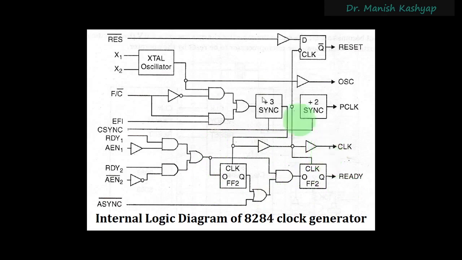So you can already see that whatever frequency you apply to this microprocessor through this crystal oscillator is not directly used. Your peripheral clock will require a divide by 6 counter's frequency. Your clock is at the same frequency which this crystal oscillator has. Ready will have a frequency of divide by 4, and so on and so forth. That is why we do not apply this crystal oscillator directly to your microprocessor. We will be using this 8284 clock generator here, right?